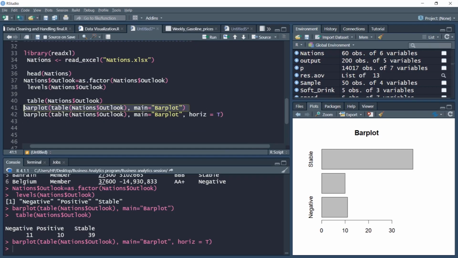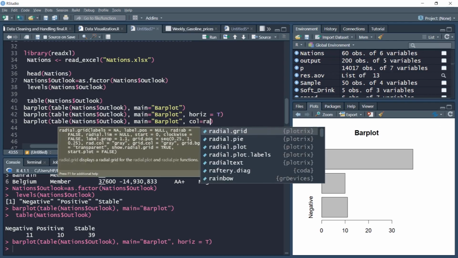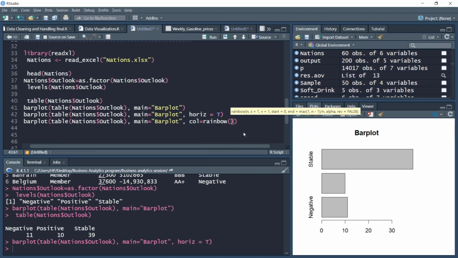Let's do a little bit more aesthetically improved graph now. So for example, I can use this same command and I can add some more features, starting with, let's say, I can change the color. Let's change color equal to rainbow. Maybe since there are 3, we'll use rainbow 3. Then you can give any name to y-axis.